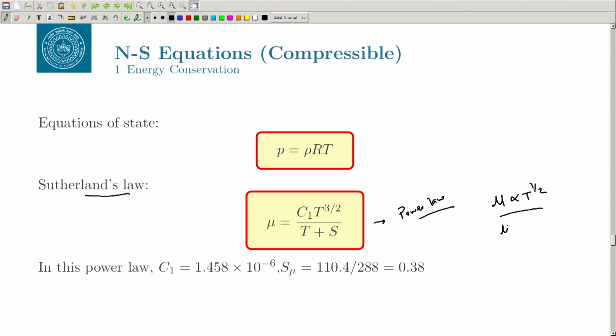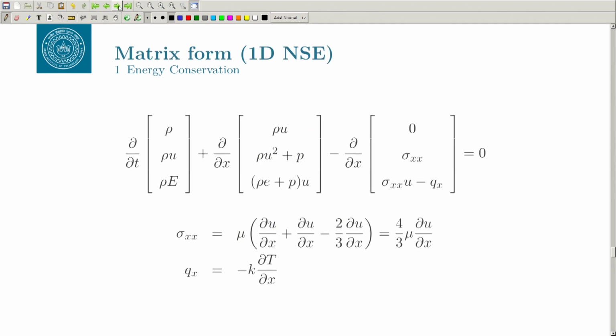In the more accurate form, mu is equal to C1 T to the power 3 by 2 divided by T plus S. These are coefficients which have been determined by measuring the viscosity at different temperatures, fitting the curve and then finding these different coefficients. So even the viscosity can be determined if you know the temperature. So this completes it. Now the only thing that we need is a proper numerical scheme and a grid,